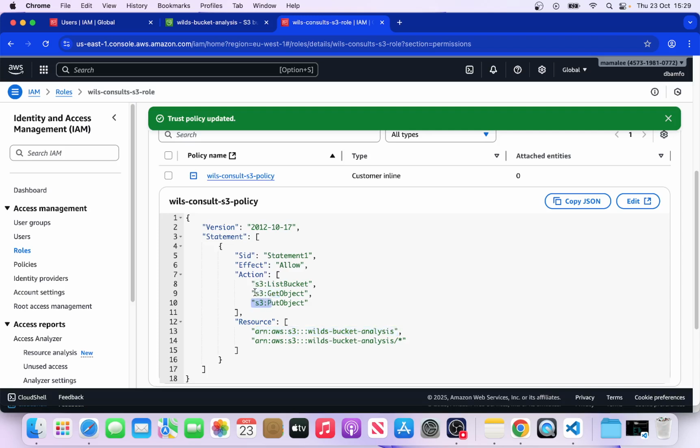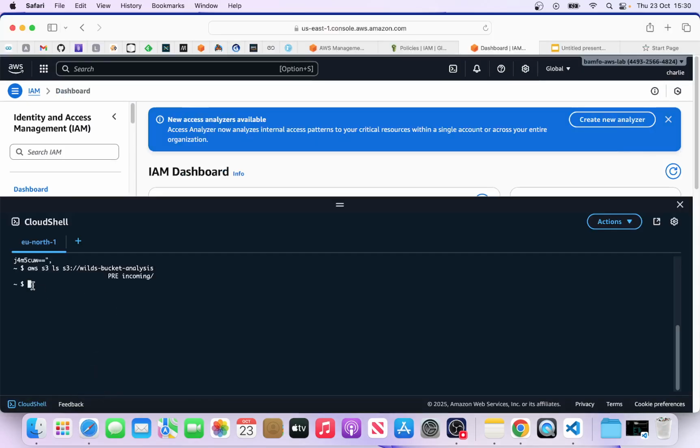I'm going to download it. So let's download it. Okay, go back here. To download, it's similar to the command, but instead of ls we're going to use cp. So AWS S3, instead of ls we say cp, which is copy or download, S3 colon